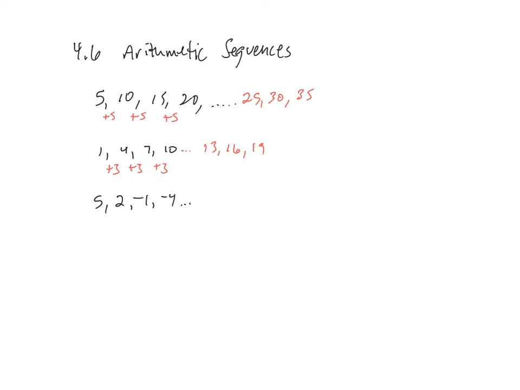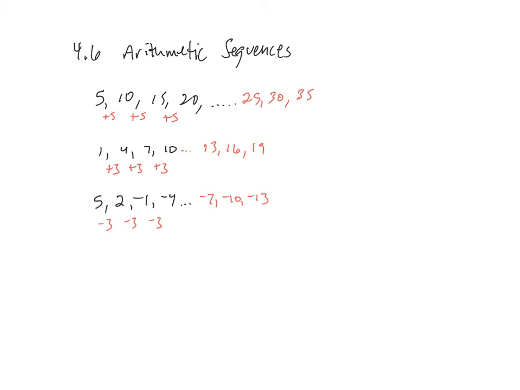So this one goes down 3 each time. So down 3 again would be -7, -10, -13. Okay. So you'll have some where it just literally says what are the next. Let me make sure I read the directions right. Oh, this is a good term, like here. But yeah, it just says